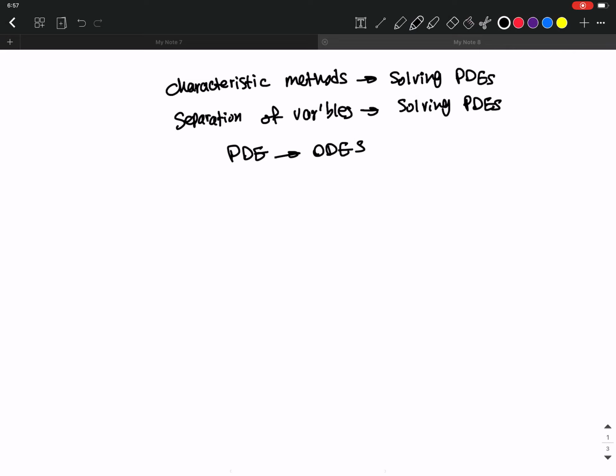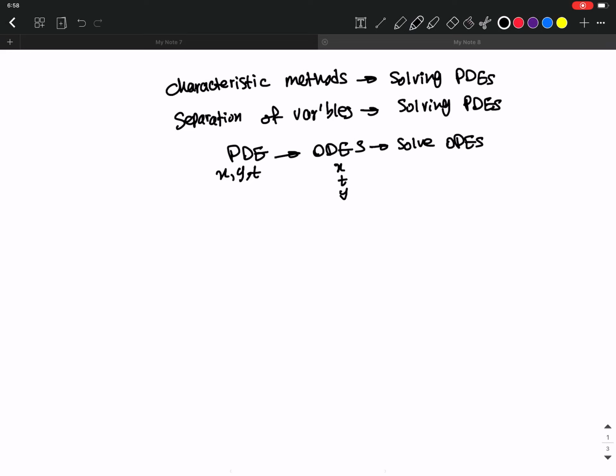Okay, so if you remember, we talked about this before. An ordinary differential equation is only a function of one variable, so it only has one independent variable. But PDEs can have multiple independent variables like x, y, t. But in ODEs, it's going to be only one variable, either x, t, or y, just one variable. So we are going to convert it into an ODE, and then we are going to solve